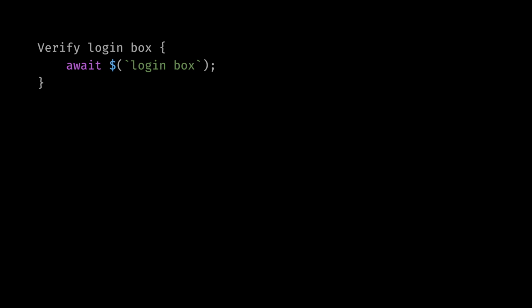The $ function will throw an exception if a matching element cannot be found in time, which is 2 seconds by default. Because of this, it is frequently used to verify stuff on the page. Although this call will return the login box web element, we don't really need to save it to a variable,